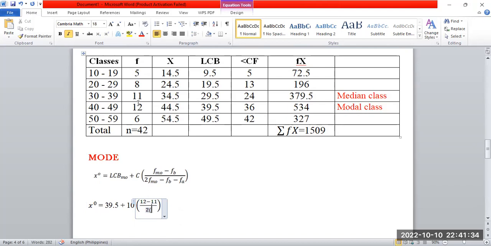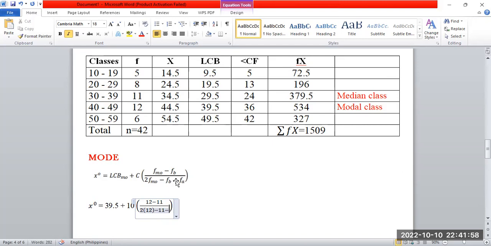Ayan, frequency ng modal class, that is 12. So 2 times 12 minus the frequency before the modal class, FB. Frequency ng modal class is 12, tas before 12, bago yung 12, we have 11. So we have 11 minus